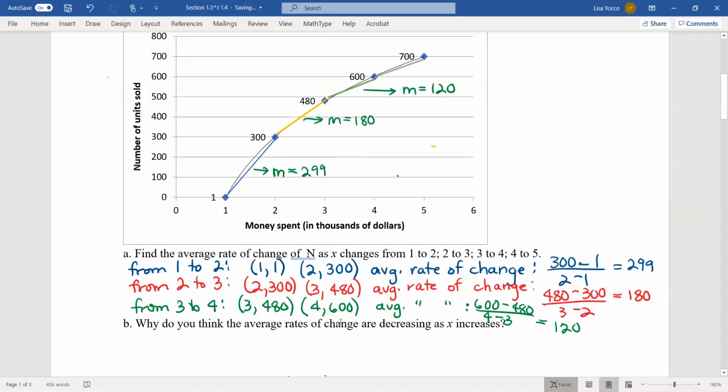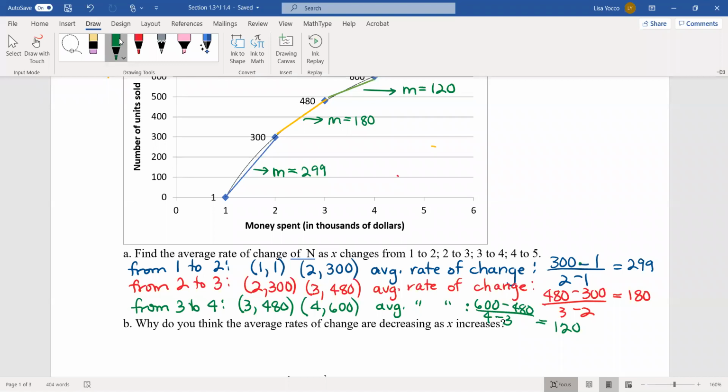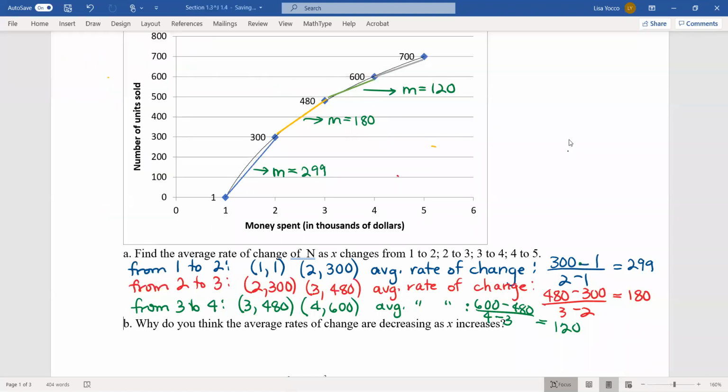Well, you may or may not have an idea of that. But the reason is, and it's a little hard to see, that the actual graph is a curve. It's that thinner black line, or curve, sorry, that represents the function. And so the function N,